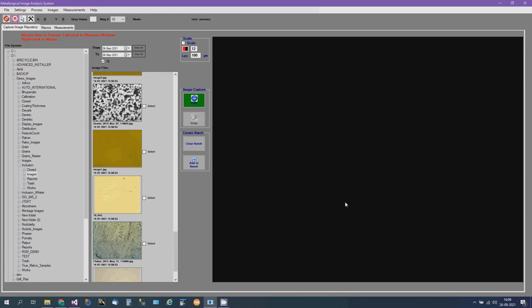As you may already know, inclusions are impurities in steel. An ideal scenario is steel without any inclusion or impurity. But in practical scenarios, there will be some amount of impurities inside the steel once it comes out of the foundry and once they do the rolling. Rolling is done in the manufacturing industry, in steel mills. Any impurities formed inside the steel will get elongated in the direction of rolling.